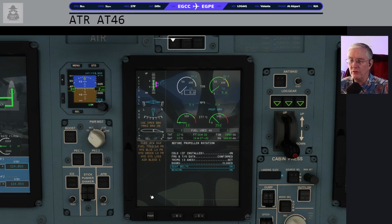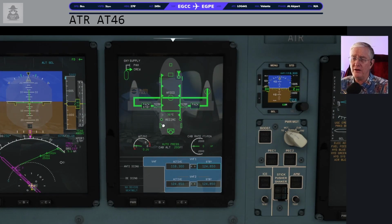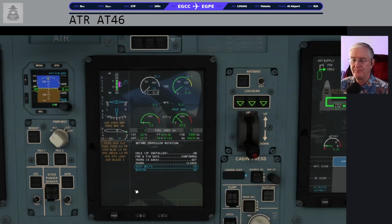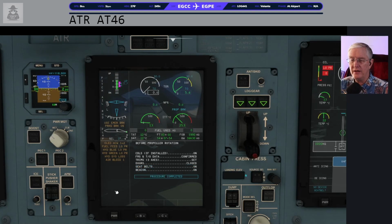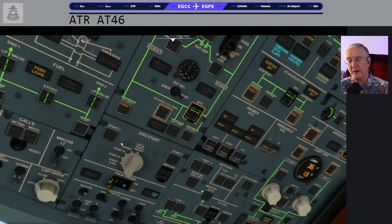Doors are closed. And if you want to tell the doors are closed, if you look over here, there's the door page. Door number 1, 2, 3. So our doors are indeed closed. And the beacon is on. Procedures complete. So let's go ahead and come up here and see if our experiment worked or we need